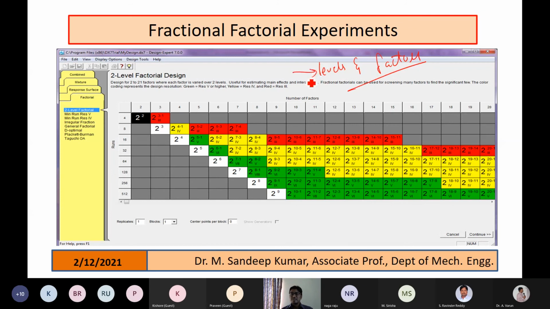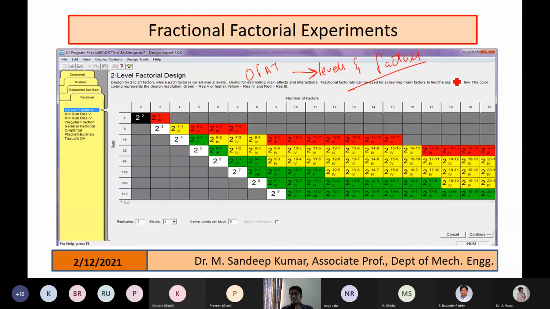For fixing the levels, I used the one factor at a time approach. With one factor at a time, I checked the feasibility of the level: with that level, am I able to get the response? If I am not able to get any response, I'll cancel that level. So I try to check in which levels I can do the experimentation. That is what we get with one factor at a time.